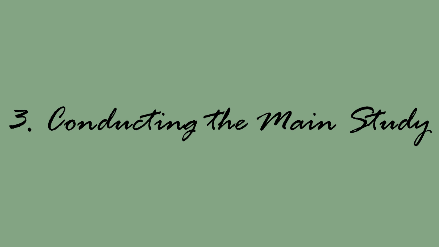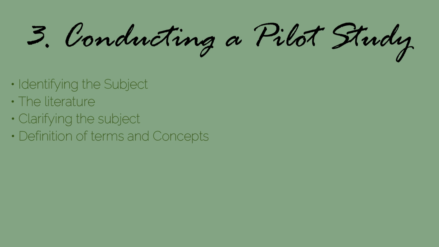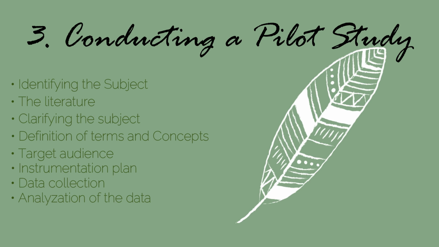Next is conducting the main study. Well, you really need to conduct the main study if you're writing a research. So it consists of 8 parts: identifying the subject, the literature, clarifying the subject, definition of terms and concepts, the target audiences, instrumentation plan, the data collection, and lastly, the analyzing of the data. We will not go deeper about it so that we can proceed to the last stage of the research process, the